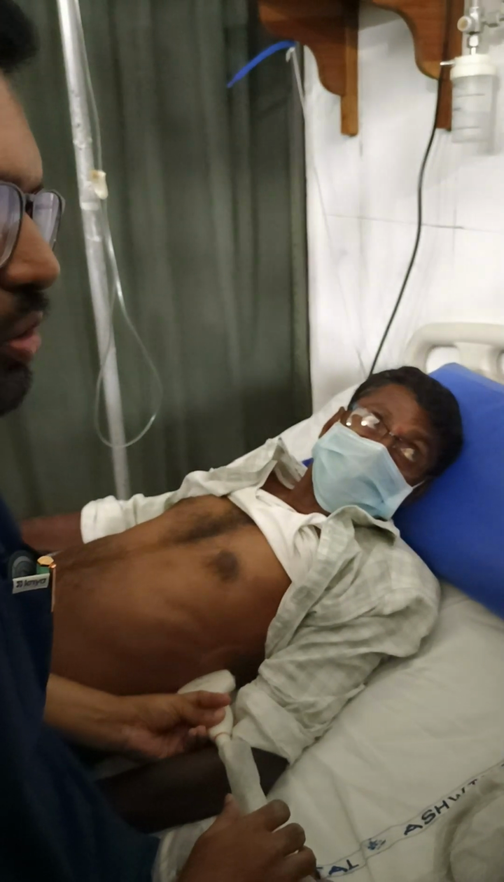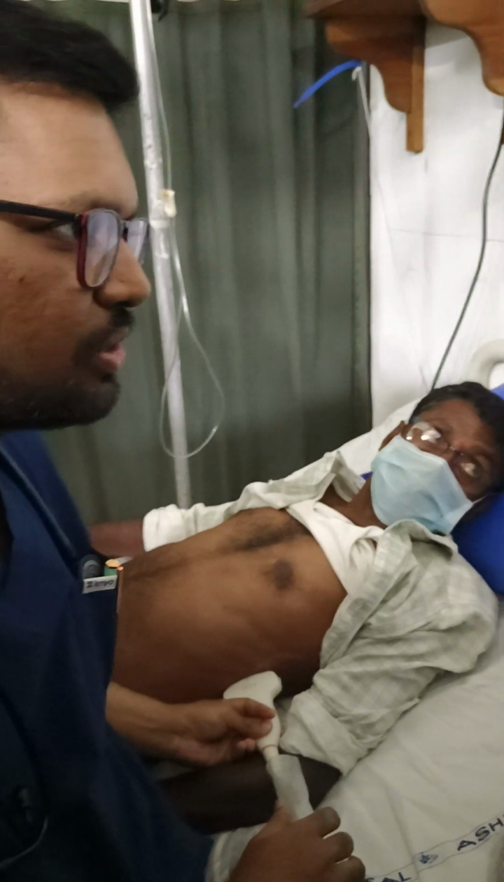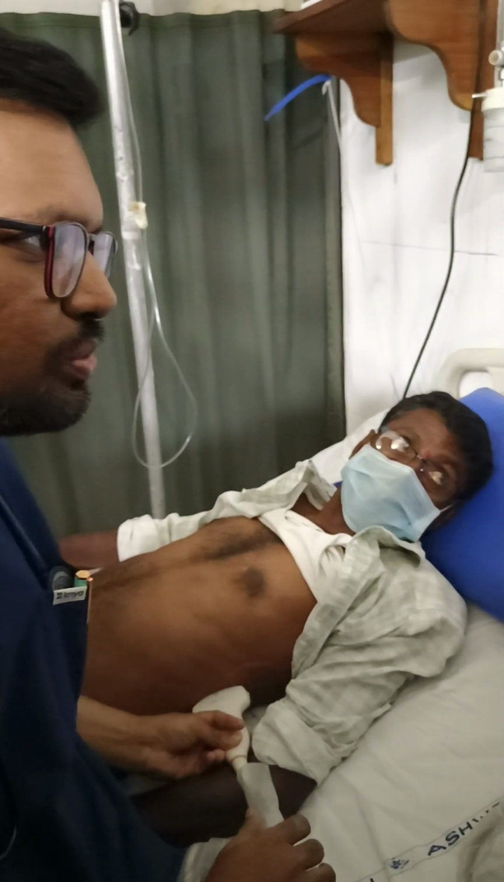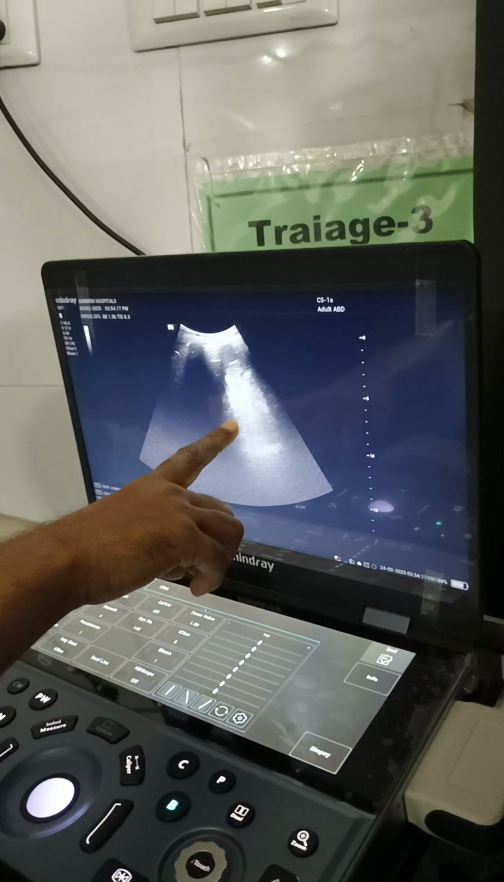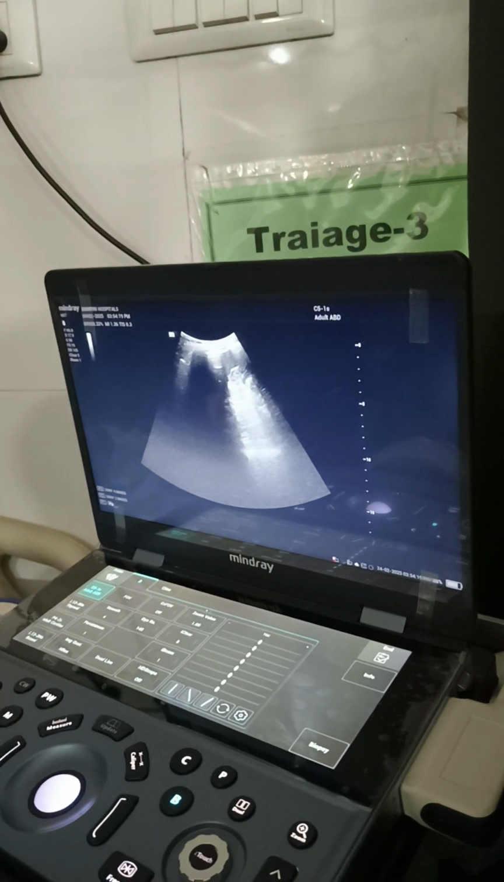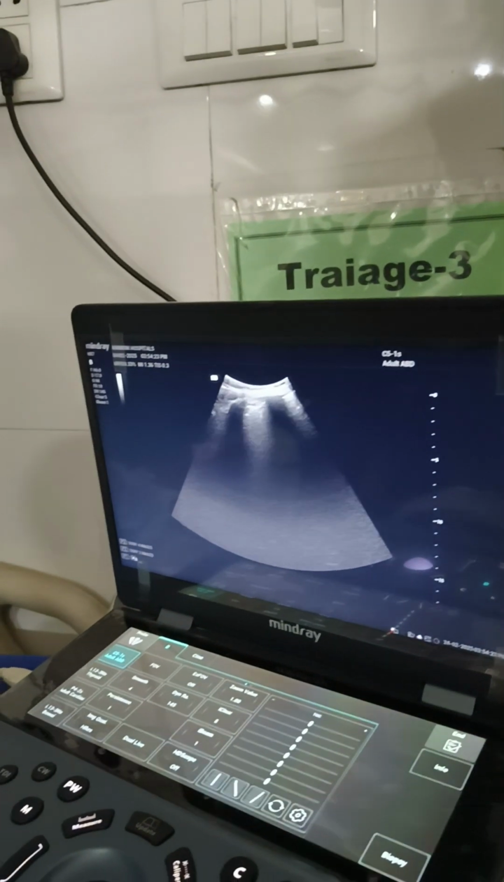What we have to first appreciate is the spleen on the left side. So this is the spleen, on the left side. Once we go one or two spaces to the cephalic end,